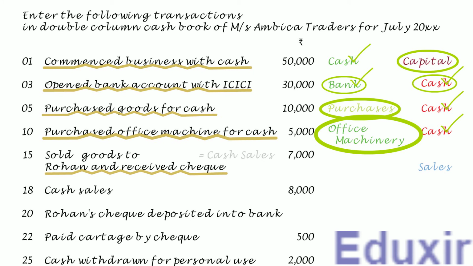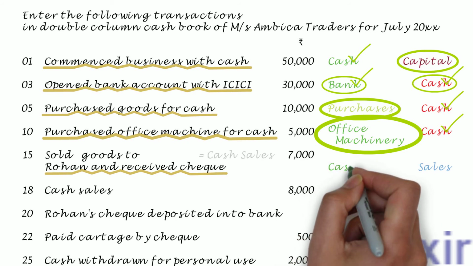At the same time, as this is a cash sale, the cash is inflowing into the business. In other words, the cash asset of the business is increasing. The rule to record any increase in the asset is to debit the corresponding assets account. In this case, the cash account should be debited.